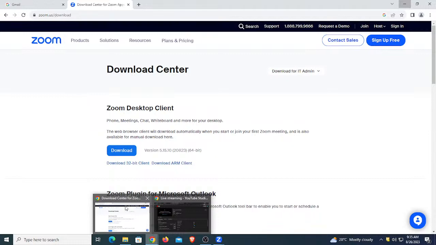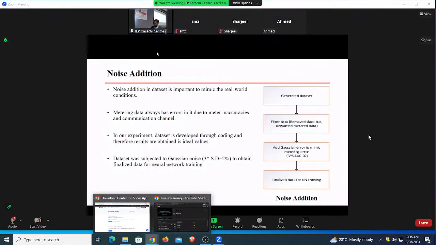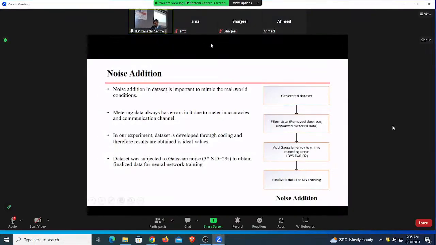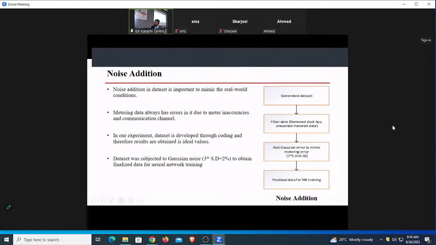From unwanted meters, we have, as we have discussed earlier, 8 meters, and a slack bus we always have, and we add Gaussian error to mimic metering error, which has 2% Gaussian error, and then finalize. And then this finalized data set is ready for our neural network training. So for the neural network training, the data set is used to train